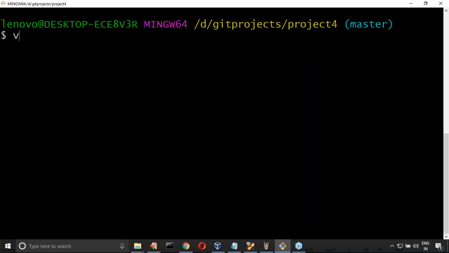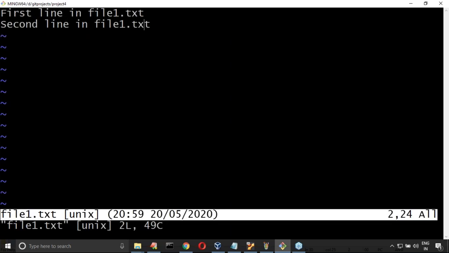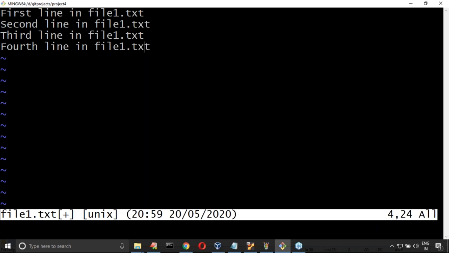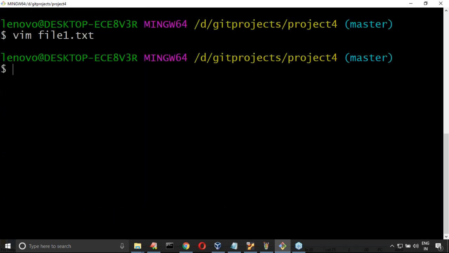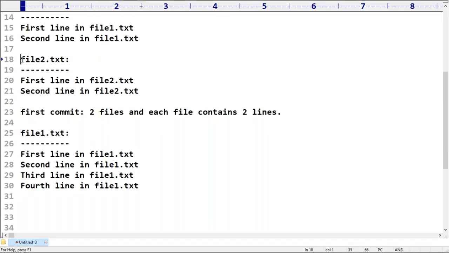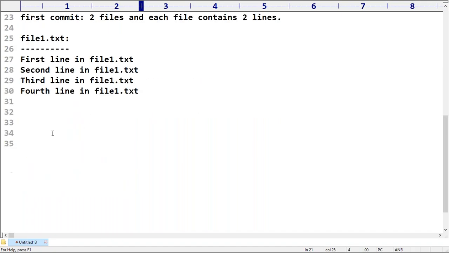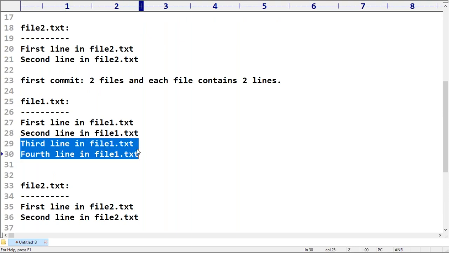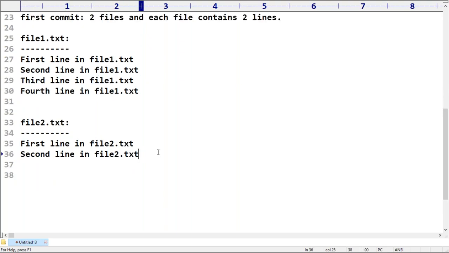Okay, here what do I have to take? Vim file1.txt. Okay, the content is already there. Insert. Now I'm trying to take escape colon wq. Similarly, let me take file2.txt also and make some changes, so that I can show clearly how the diff command is going